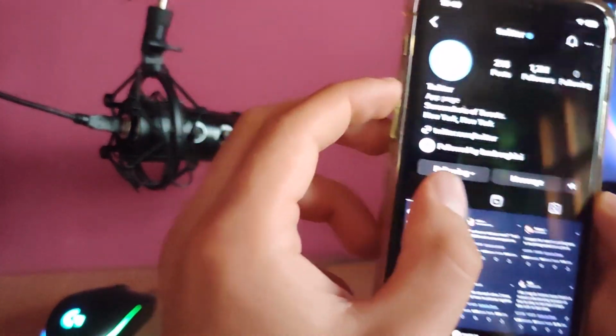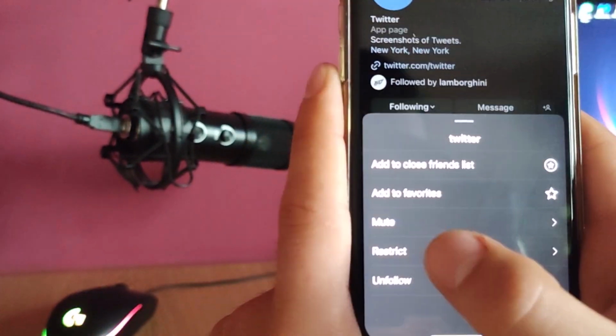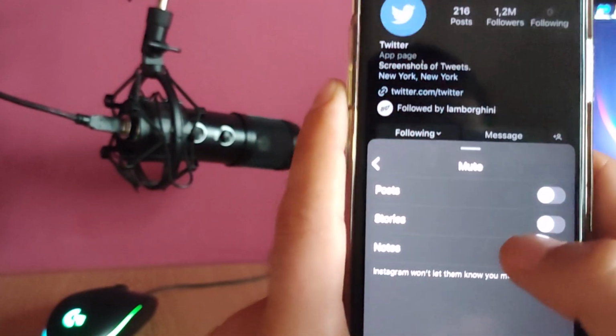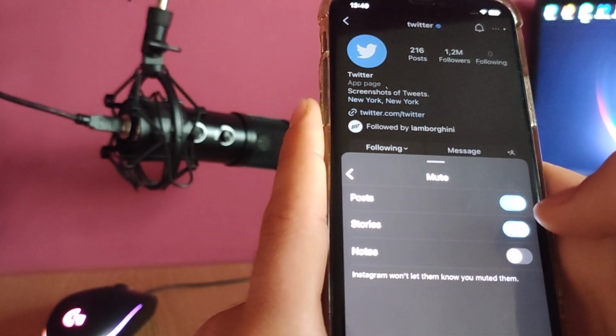So I'll press, you do see that button which says following. I'll press on this one. And now if we go to the mute section, I can mute the notifications from their posts, maybe their stories